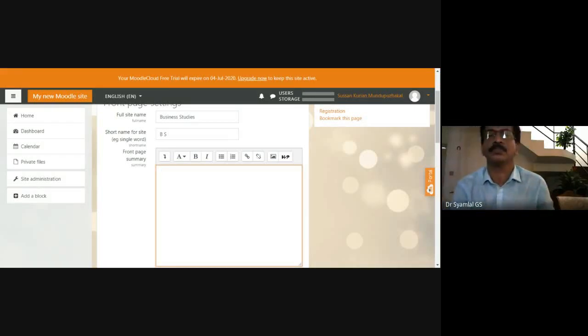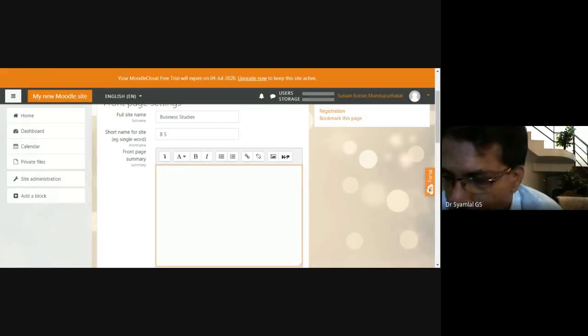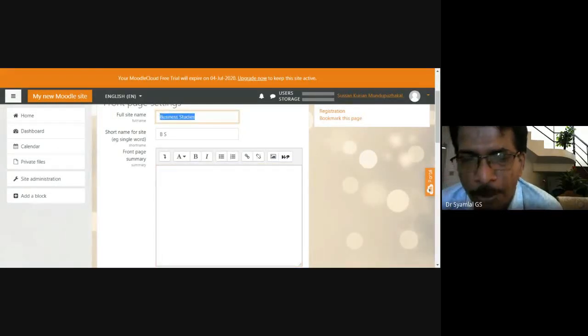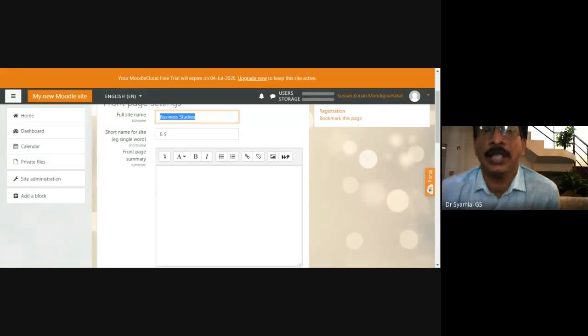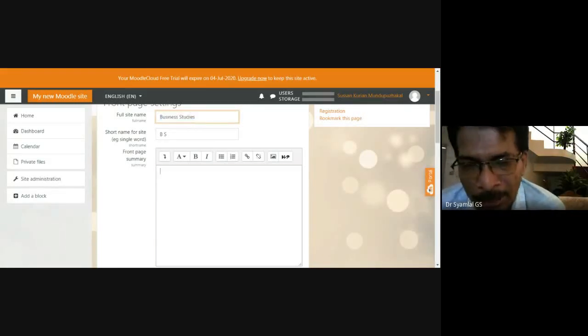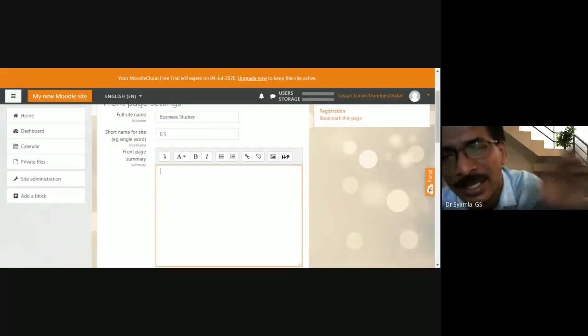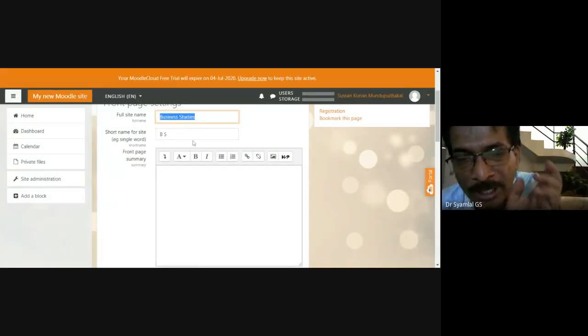Sir, actually, I am a high school teacher, and for class 11 and 12, we have a specific paper that is business studies itself. So you are not interested in giving commerce as the name rather than business studies. So it is up to you. Okay, right, sir. You see, one paper for 11th standard means you can add it as a category, not here.